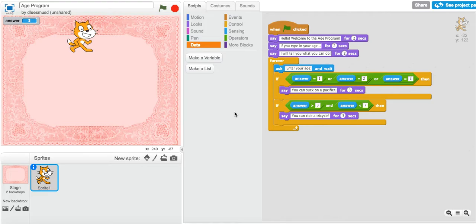Now we want to check if the user is between 7 to 9, and if so, we want to not just say one response, we want to give a set of random responses, right? So if you have more than one person playing your program, they won't have the same experience, right? So if I come in and I type in the number 8, the cat's gonna say, "Oh, great, you are in fourth grade,"